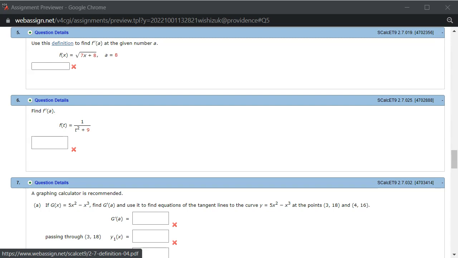All right, let's look at homework 2.7, problem number 5. We want to use the limit definition to find f prime of a for this function here. So let's do that. We want to find f prime of a, where a is 8 in this case, so f prime of 8 is equal to a limit